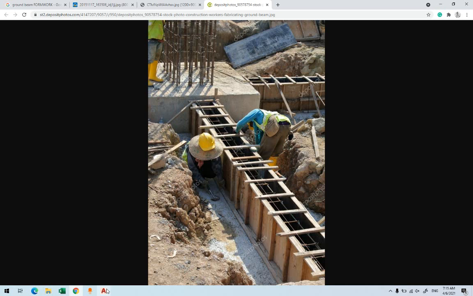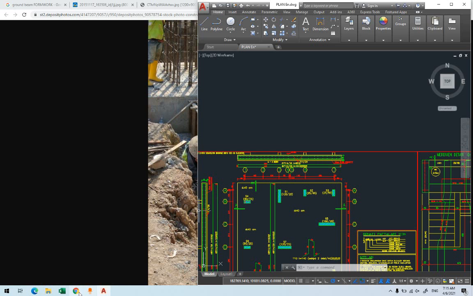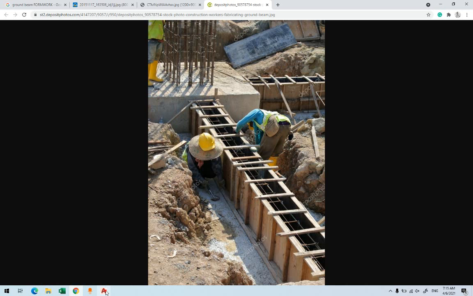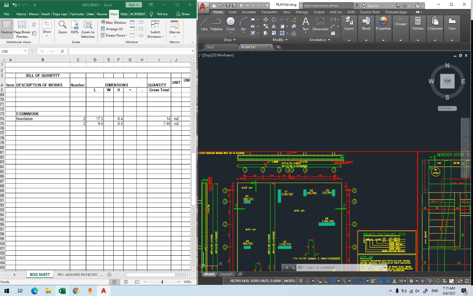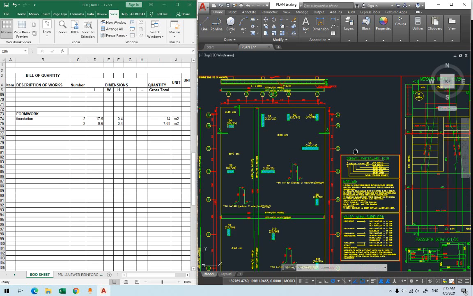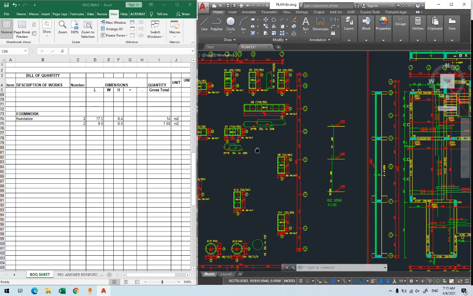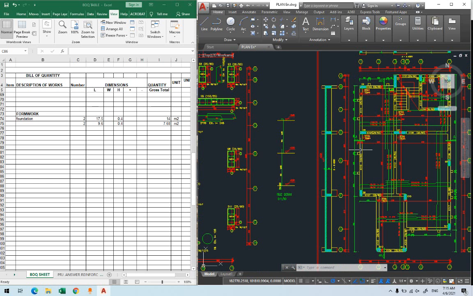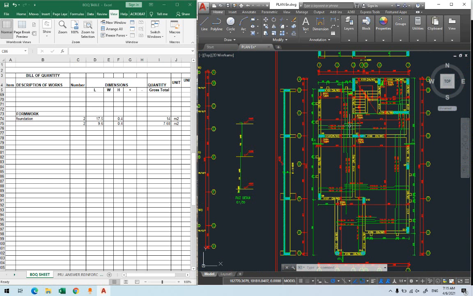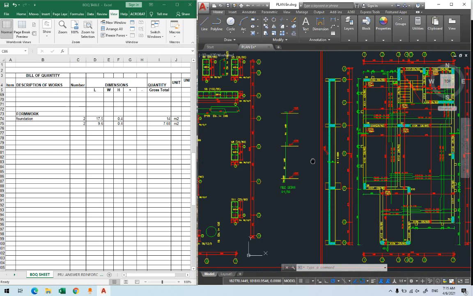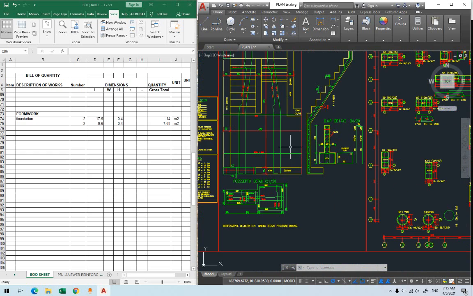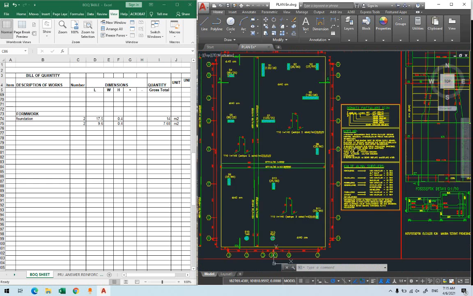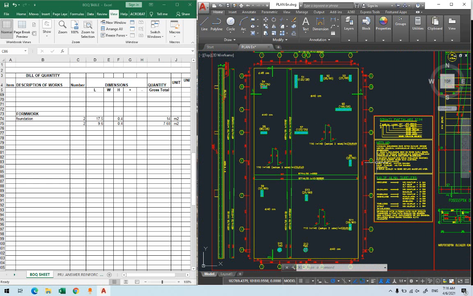Now in this project we don't have ground beam. But it doesn't matter. Even if you have a ground beam, when we talk about the formwork for beams, I'll remind you that ground beam will be similar to the beam that we're calculating here, except ground beam, they don't have formwork at the bottom. They only have it at the two sides. Now let's talk about columns. How to calculate